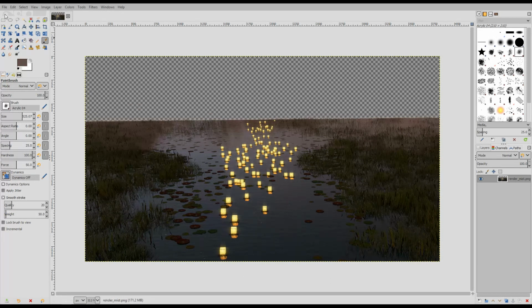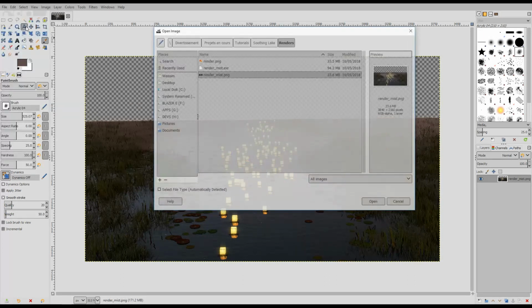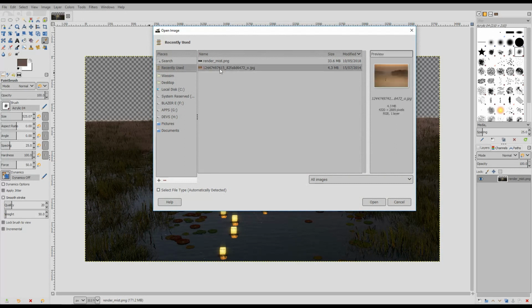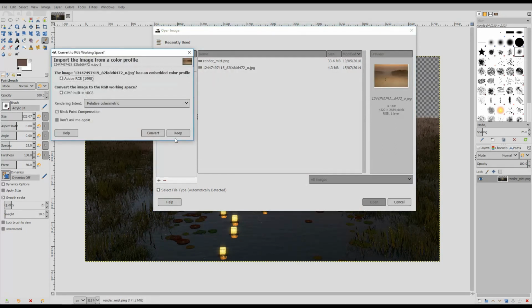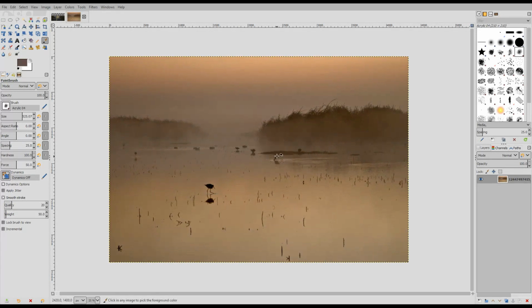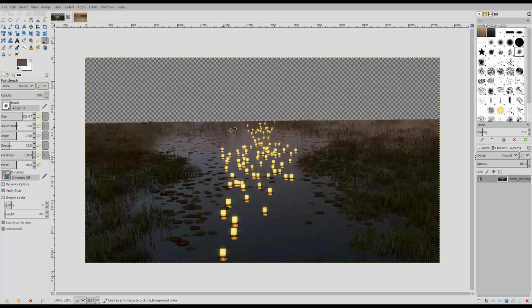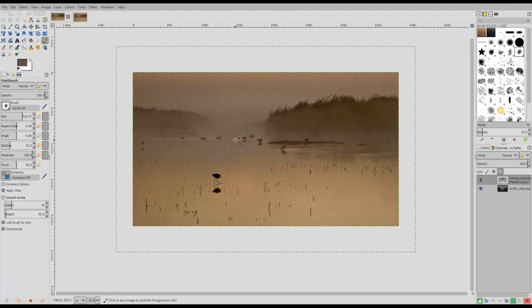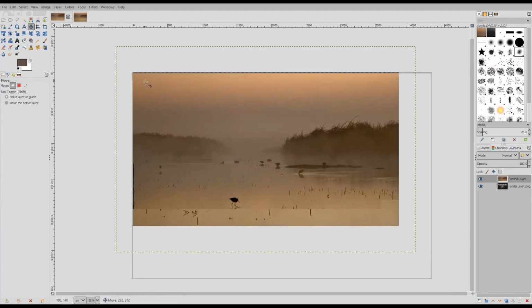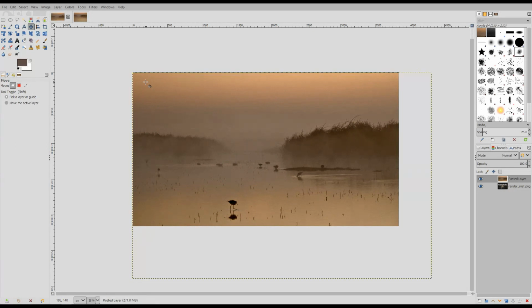So I'm gonna load in this image here, so I'm gonna open it, and it's there. So I'm gonna convert the color space. So this is the image I'm gonna be using. So I'm gonna Ctrl+C copy it and paste it here, and what I'm gonna do now is take this image, place this corner here at the top of my previous one,